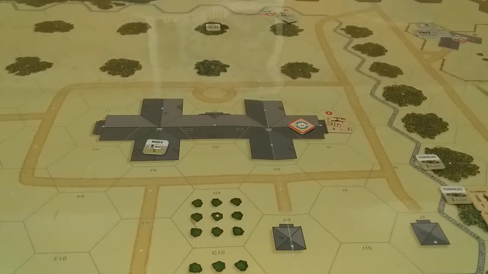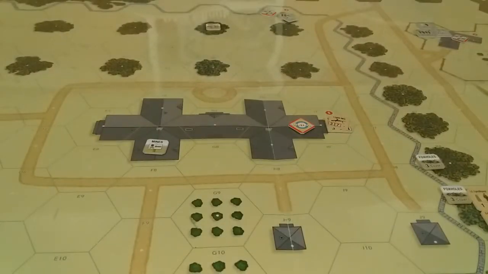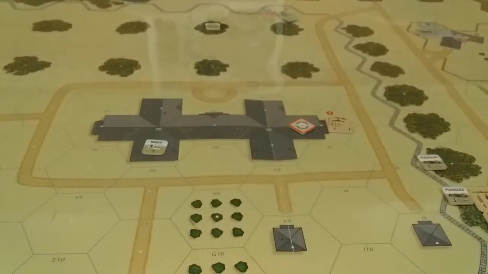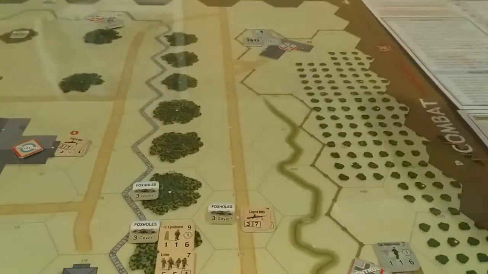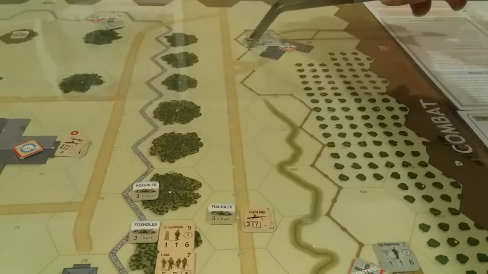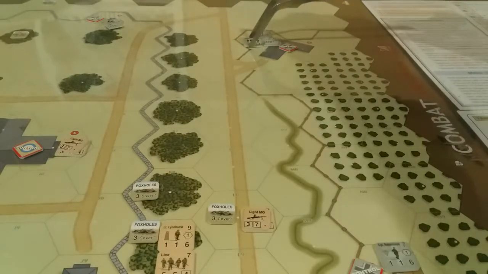So no, that's it. So we get 2 new cards for the British, and we're up to the Germans. So as I said, they've got 3 move orders and an artillery request. So the first thing they're going to do is they're actually going to use this move order, and they're going to activate the lieutenant up here, and he is going to move all of these all at once, and they're going to go to here